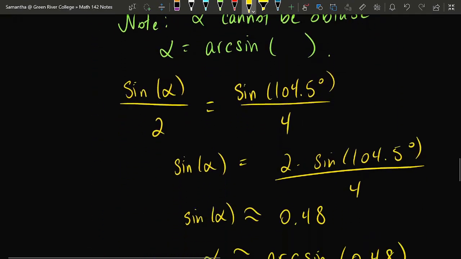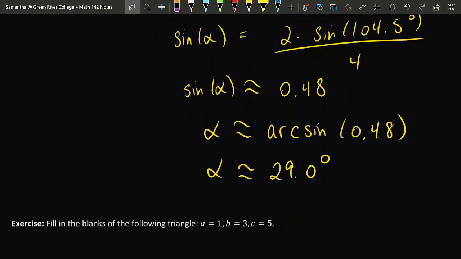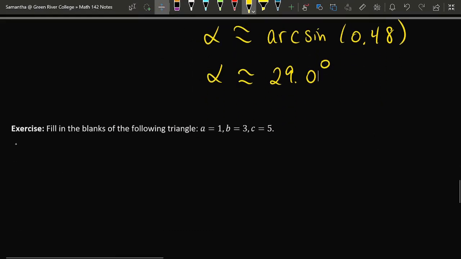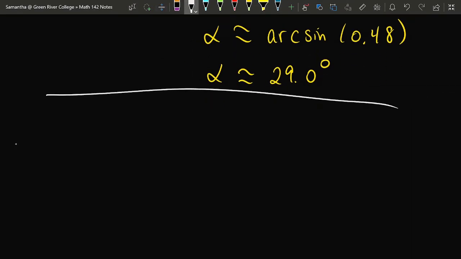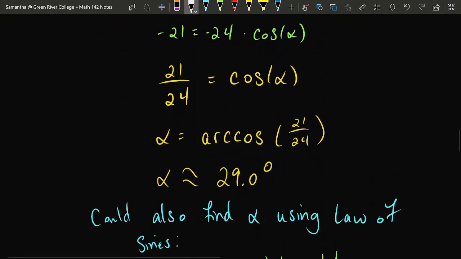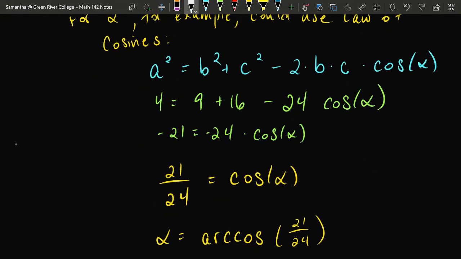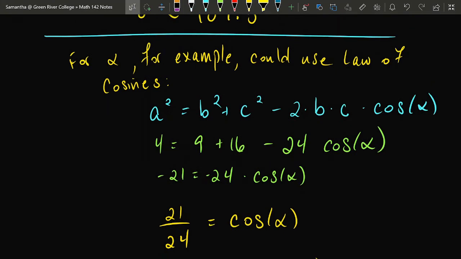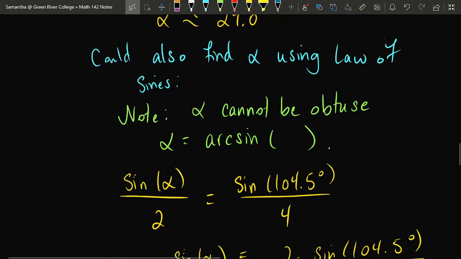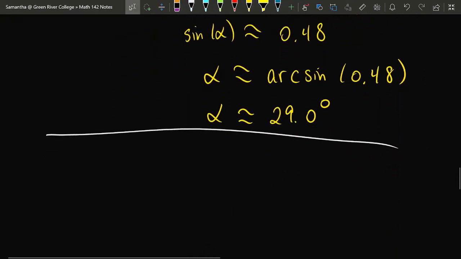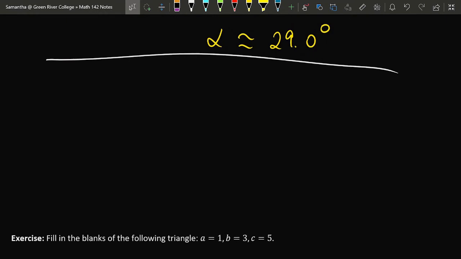Now, which one of these is easier? Which one of these is the easier way to find alpha? I guess that's a matter of taste. Law of cosines, generally speaking, takes a little bit more time. But the thing that I really like about law of cosines is it allows you to temporarily not think about this issue of whether alpha is acute or obtuse. And anything that reduces the amount of thinking that I have to do in a problem, that's something that I appreciate. But it's up to you, whether you want to use law of cosines or law of sines to find the second angle in this triangle.